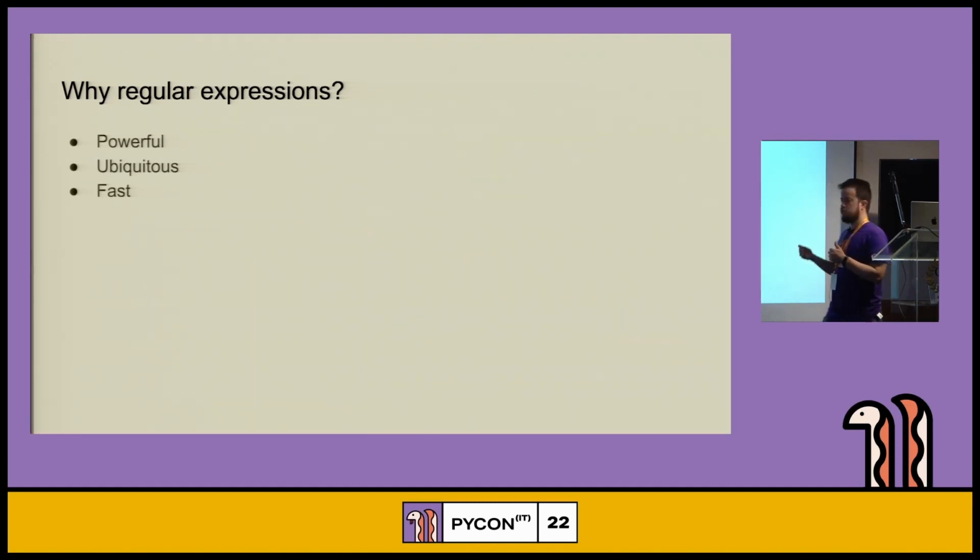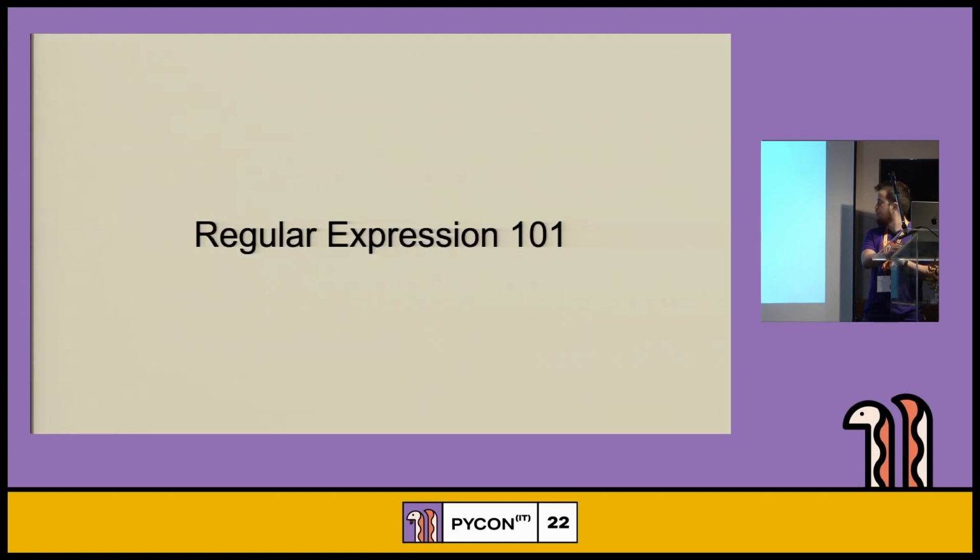They are ubiquitous, in the sense that you can find them in any programming language, Python, Java, PHP, whatever. And not only in programming languages, but in any application. Many libraries provide support for using regular expressions. And sometimes, if properly tuned, they can be fast. And this is what we're going to talk about here.